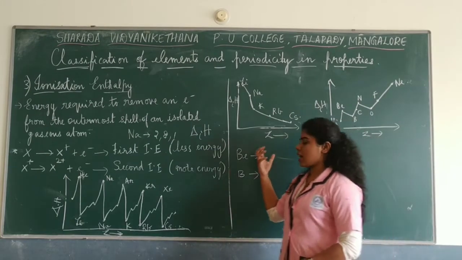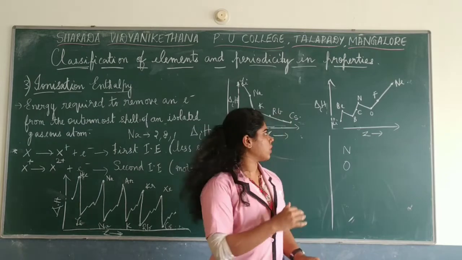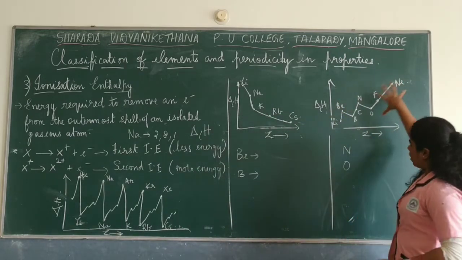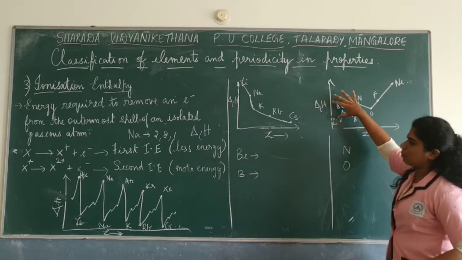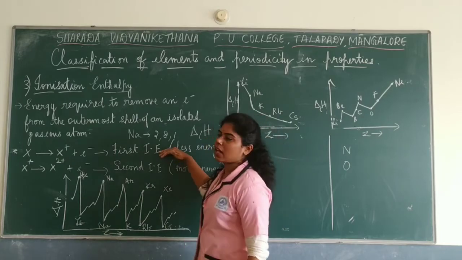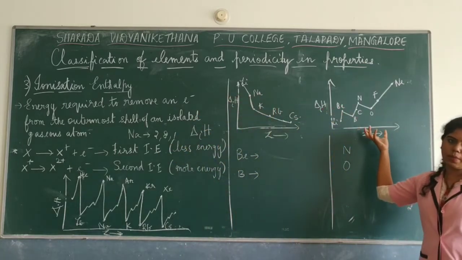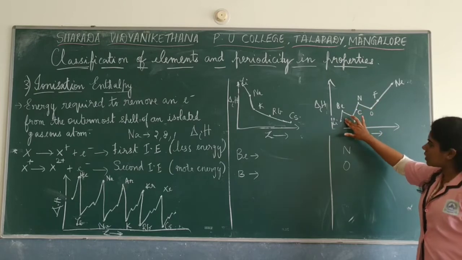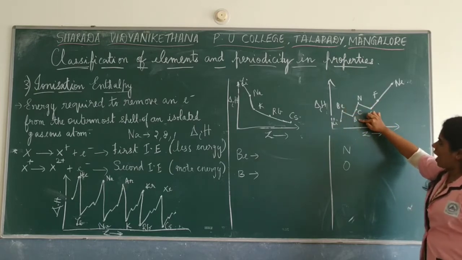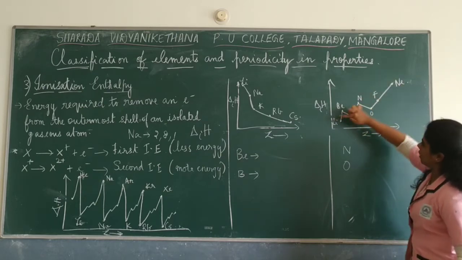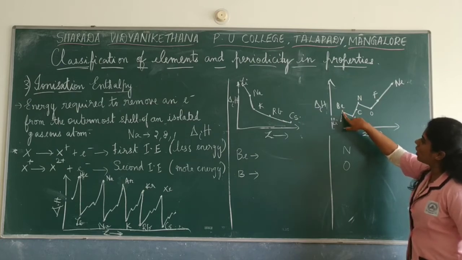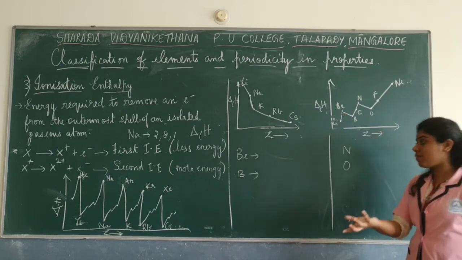Now, here is an instance, okay, just look into the graph here along the period. Now, if you see here, the plotting of ionization enthalpy is done with the first ionization enthalpy. Only the first ionization enthalpy values are taken, and we have plotted the graph here. Now, if you see this graph, beryllium has more energy when compared to boron. Actually, it should have increased like this, correct? But you find some anomalies here. So beryllium has more energy when compared to boron. Let's see why this is, okay?